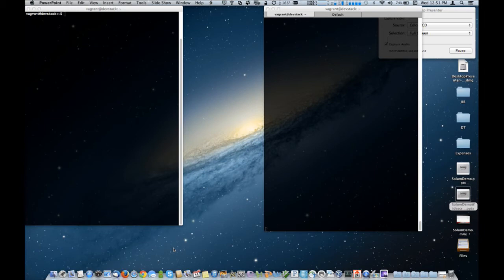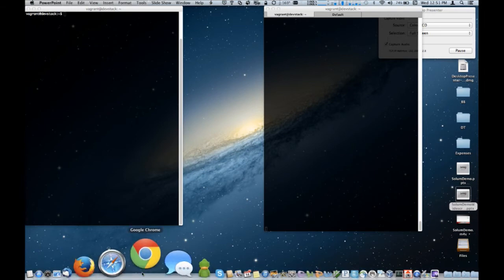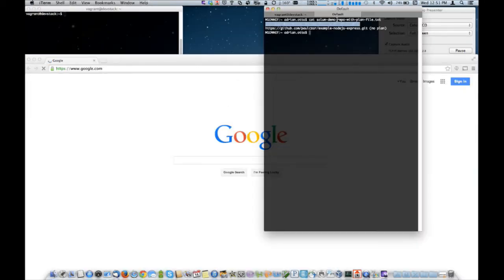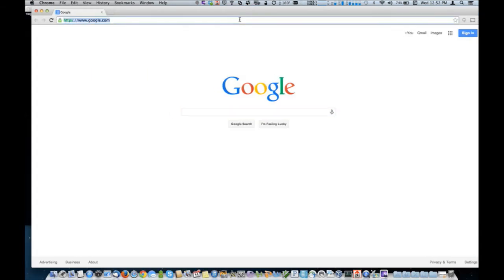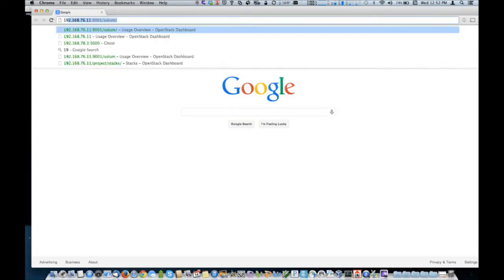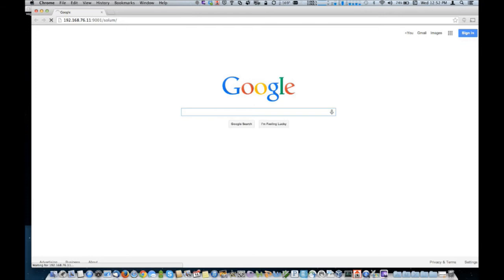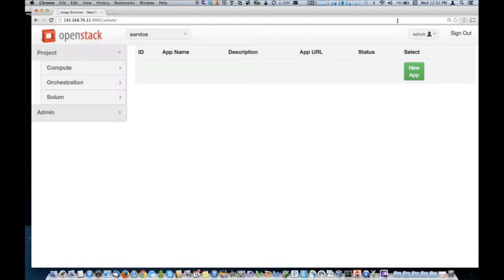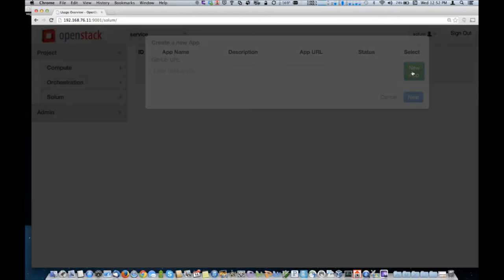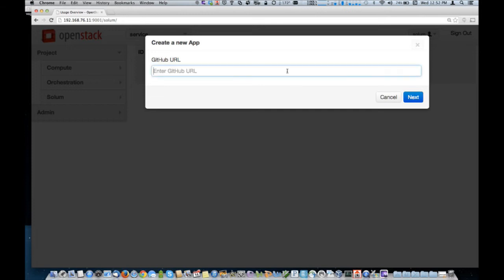Start over. I need my Git URL, which is what I'm going to get. Okay, so I have my Git URL. So, Solum web interface. I'm going to create a new application. I'm going to put a Git repo URL into this modal,